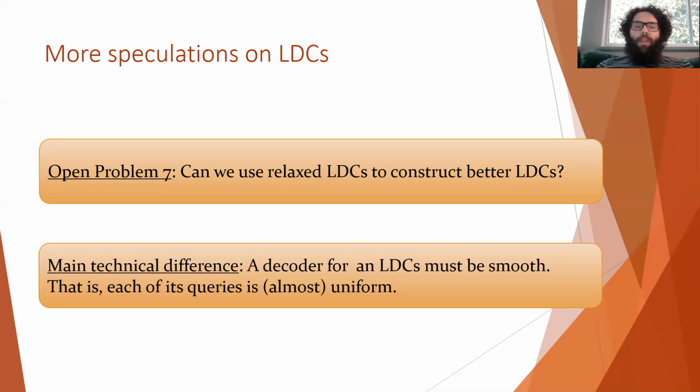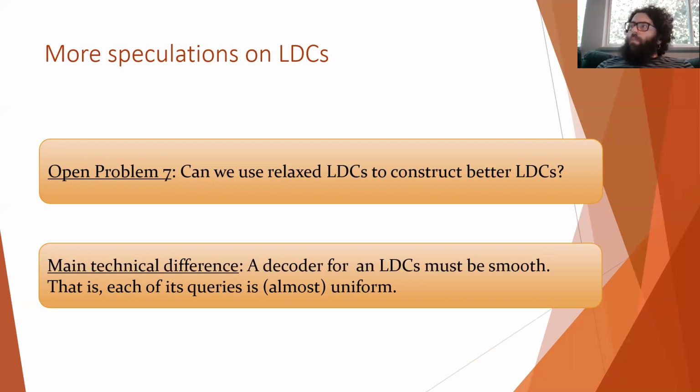Yet, the question is, can we transfer techniques from RLDCs to construct better LDCs? For me, somehow the main technical difference is that a local decoder for LDC must be smooth. So what does it mean, smooth? Smooth means that each of its queries is almost uniform. We want to decode a certain point in the message, and what we read is several bits from the codeword, but each of these bits is uniformly distributed in the codeword. This is not true for RLDCs,